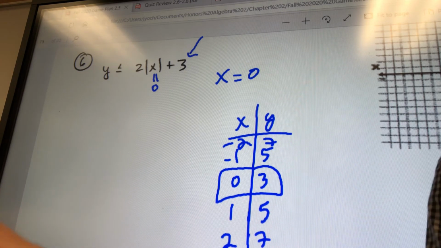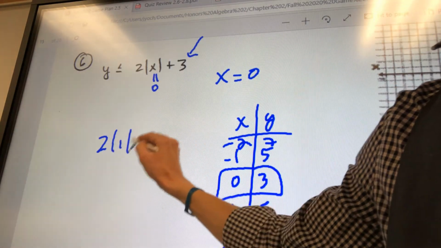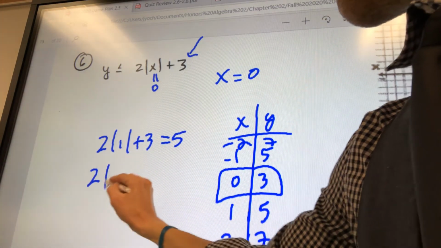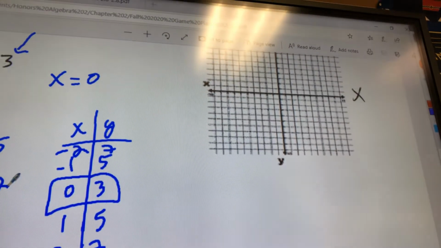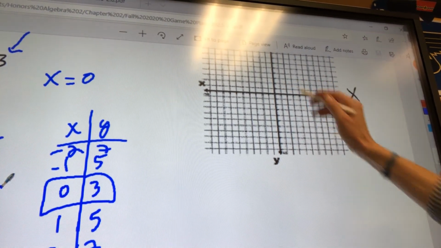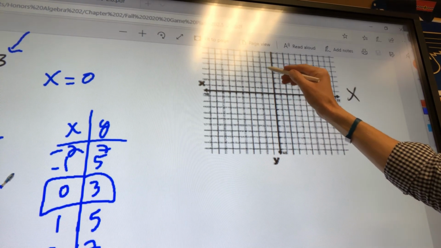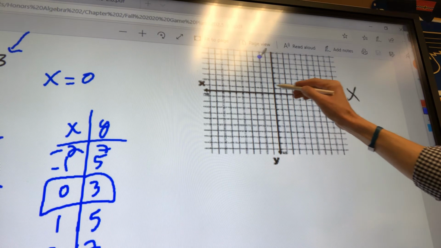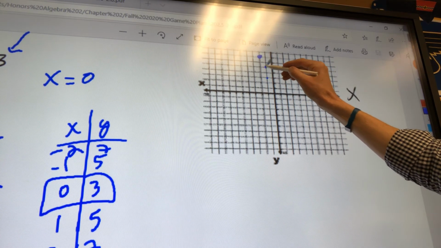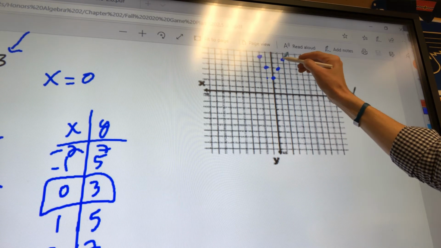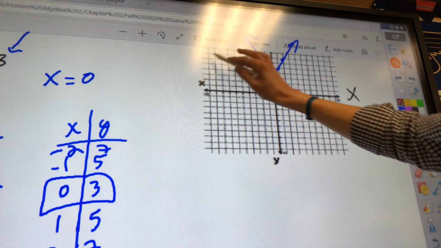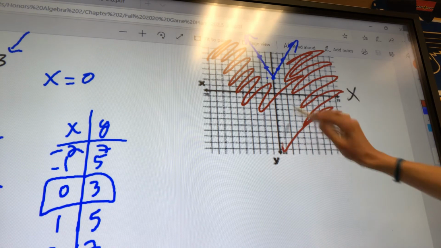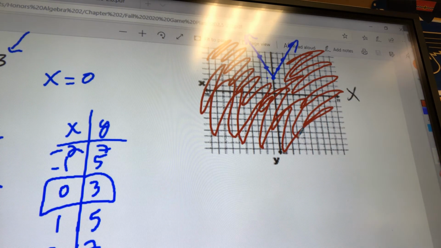Again, just plug 1 in. 5, 7. Negative 2, 7 is where we're going to plot first. 1, 2, 1, 2, 3, 4, 5, 6, 7. Negative 5, 1, 1, 2, negative 1, 5, 3, 4, 5, 0, 3, a boom, and a boom. Less than or equal to, solid lines. Because of equality, I'm going to shade under the curve because it's less than or equal to. And then, folks, to finish this,